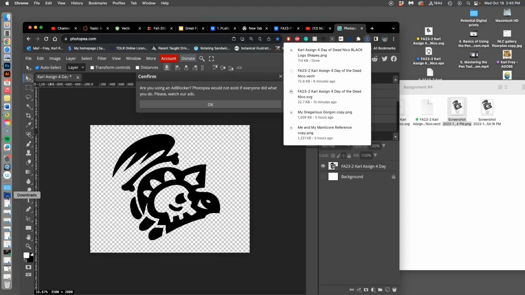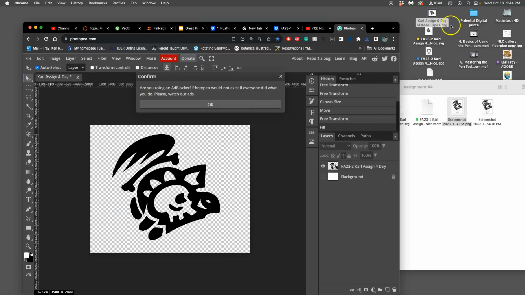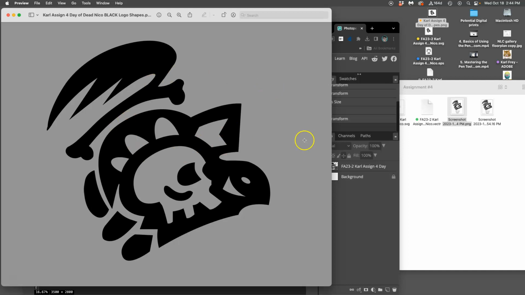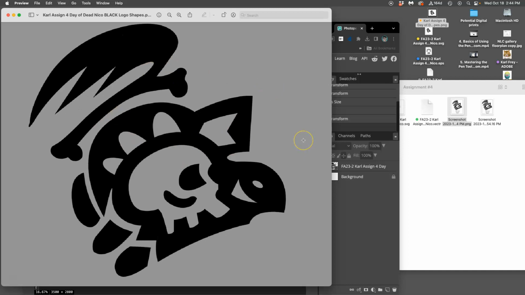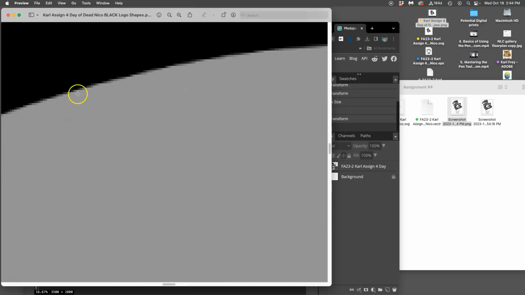So then that goes to downloads, and now I have a PNG, and I'm going to mark that as orange. And if I double click and open that just in Preview, you're going to see how now it's floating on gray. And it's rasterized now, but since it's outputted from a vector, it's so cleanly rasterized that it's going to